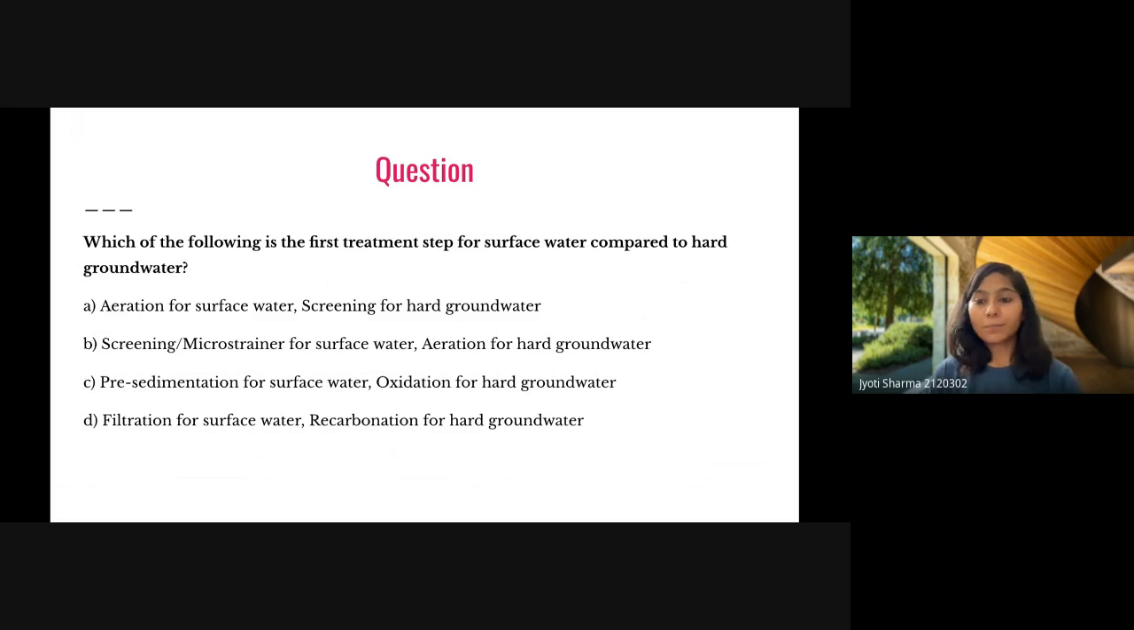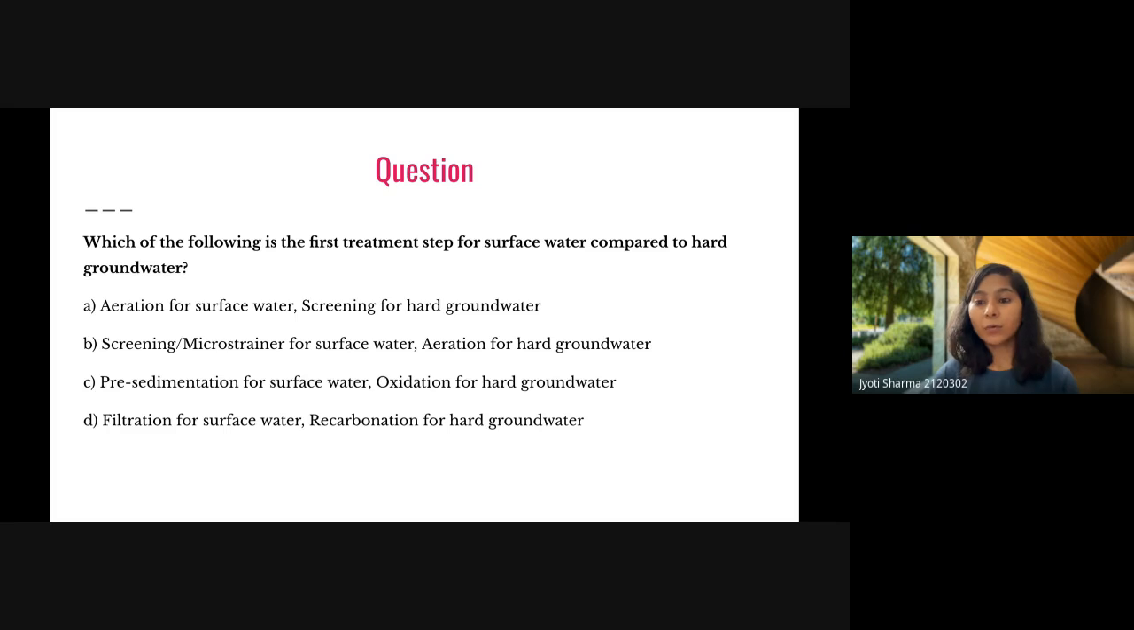Because groundwater is very different from surface water, the treatment steps will be very different, right? So, which of the following is the first treatment step for surface water compared to hard groundwater? We have four options here: aeration for surface water, screening for hard groundwater; screening or micro strainer for surface water, aeration for hard groundwater; pre-sedimentation for surface water, oxidation for hard groundwater; filtration for surface water, and recarbonation for